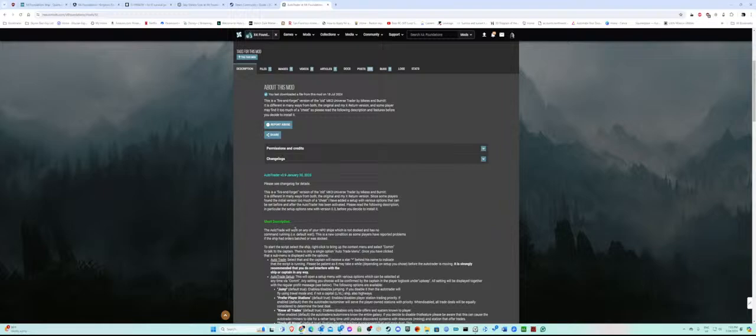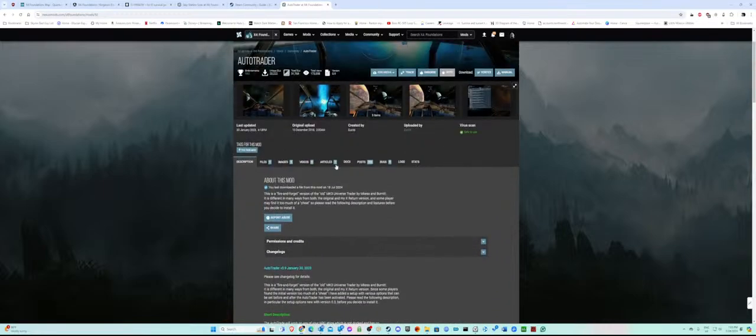Okay, so auto trade will work on any of your NPC ships which is not docked and has no running command. This is a new condition as some players have reported problems with the ship. Start script, select ship, right click contextual com. There's only an auto trade menu. Once you have clicked a sub menu, you display auto trade. Okay, so I had to do a com with them. That's fine. I'll keep it because I believe Tater Trade